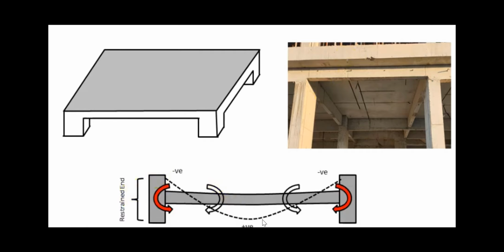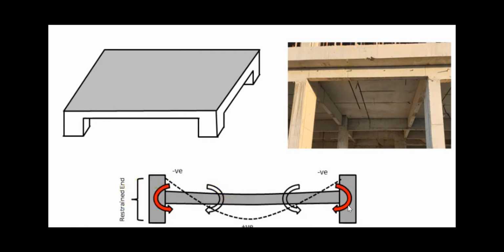That is, we need to provide the reinforcement at the midspan at the bottom. That is, the tension will be coming at the bottom, and here the tension will be coming at the top. At the support, the tension will be coming at the top, and as a result we need to provide the negative reinforcement. That is, the top reinforcement we need to provide. Here the positive reinforcement is the reinforcement which is provided at the bottom. So please make clear, in a slab the positive reinforcement means that which is provided at the bottom, and negative reinforcement means that which is provided at the top. That is, the tension is coming at the top. It mainly occurs at the supports.